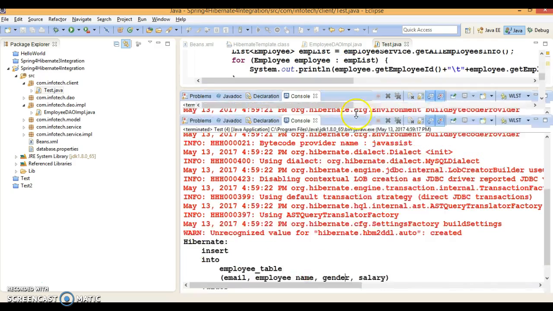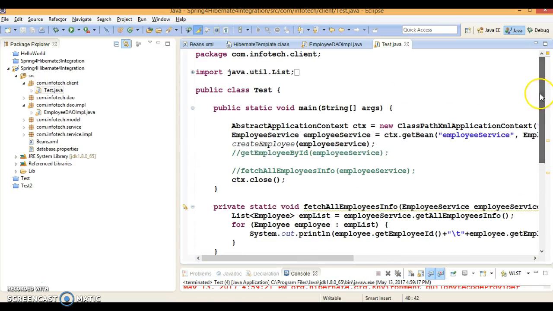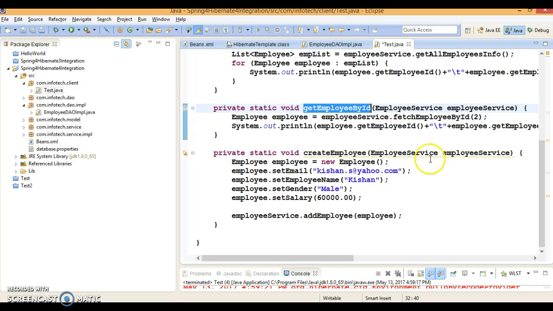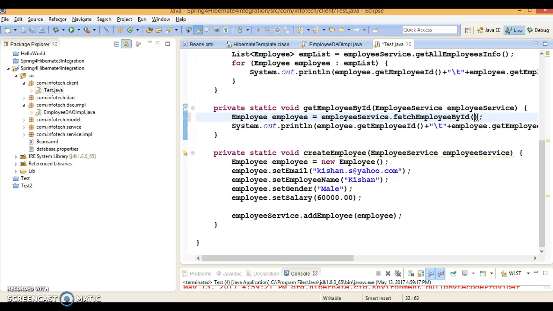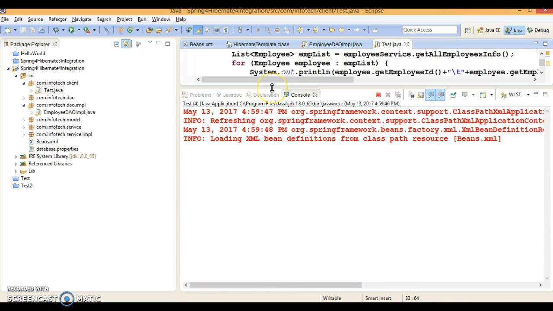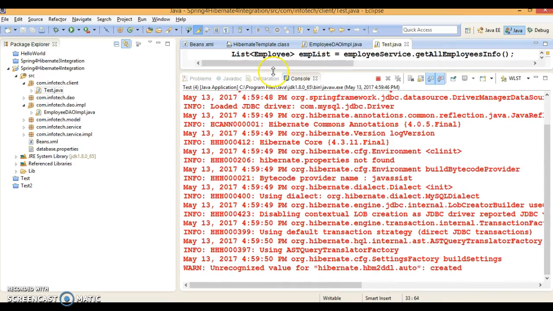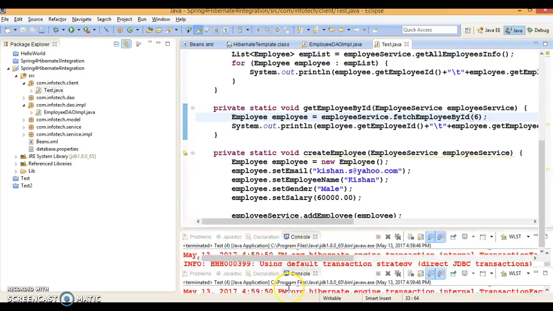Now let's run the remaining two APIs as well. Get employee by ID. So let's start get employee by ID. I'm specifying 2, but with 2 there is no ID, so let's specify 6, and let's see whether it's working or not. So this is also working.